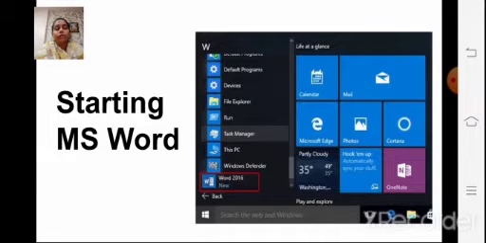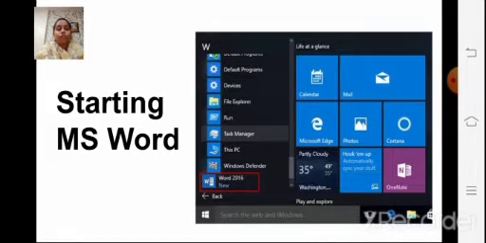On the left hand side of the Start menu, we have all the application list, and on the right side, we have colorful squares and rectangles. Those are also applications. In the application list on the left, you will get MS Word 2016.